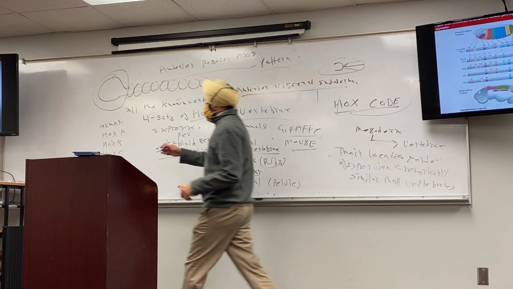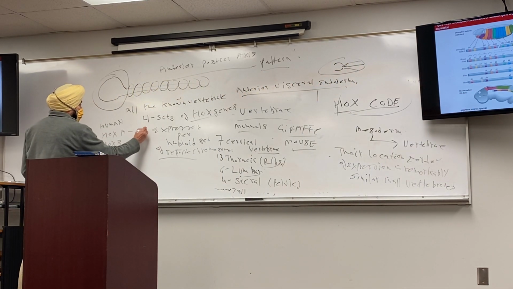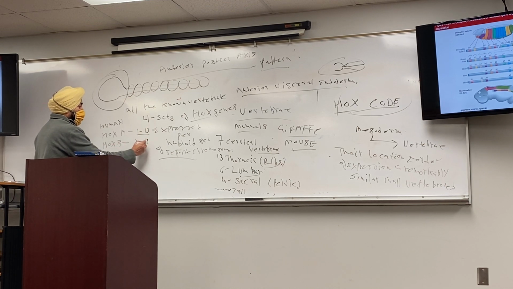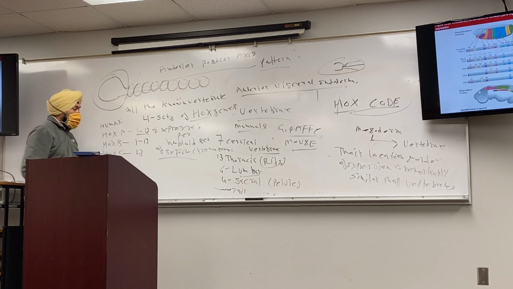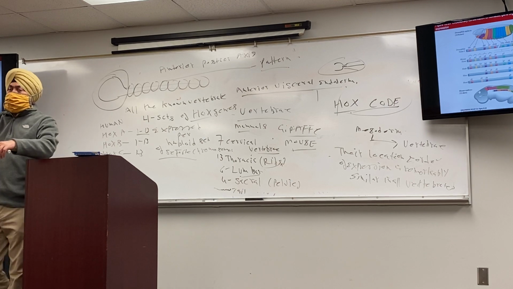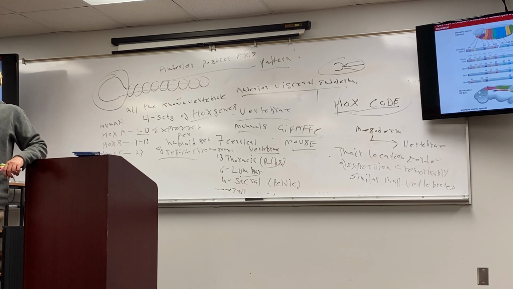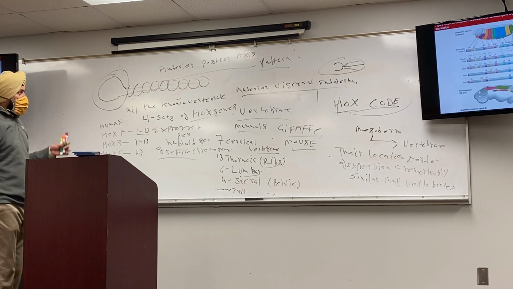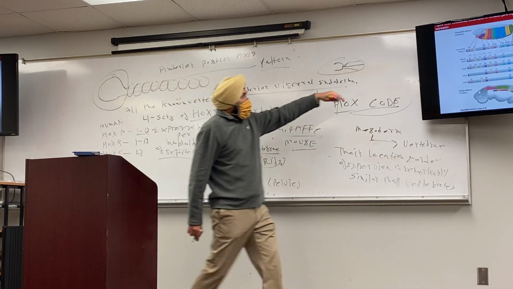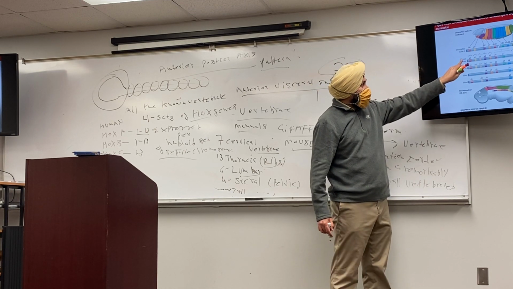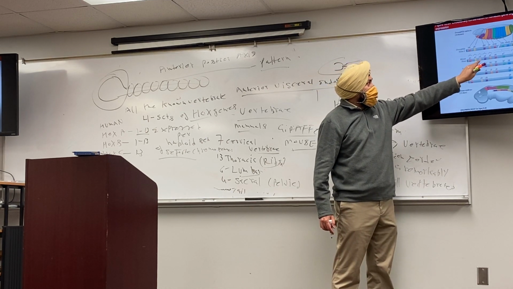You can have Hox A from 1 to 13, Hox B 1 to 13. So there are 13 genes in each set of the group. For example, Hox A is one set. In that one set, you have 13: Hox A1, Hox A2, Hox A3, Hox A4, like that, up to 13, right? And if you look at the gene level, for example, Hox A, Hox A1, A2, A3, A4,